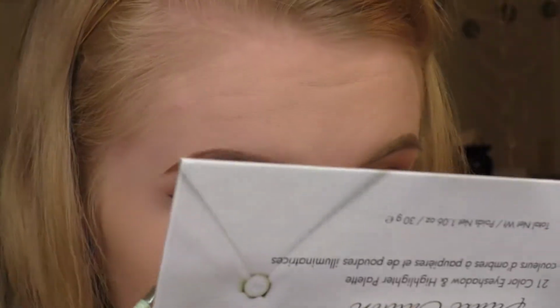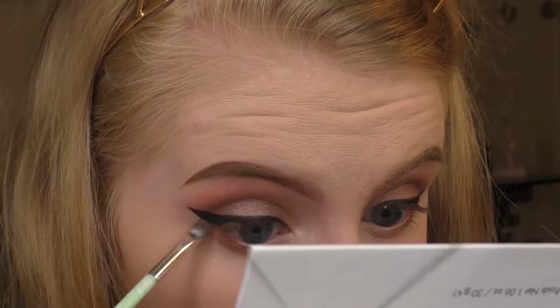Ignore my nails. I still have to either do them or get them done. I think I might just get them done because I think I'm going to be lazy and I don't feel